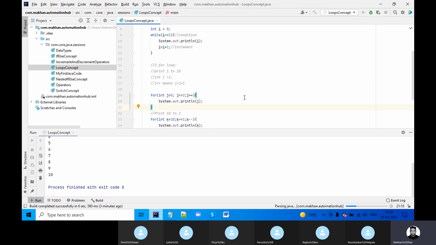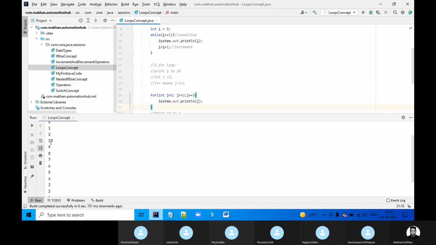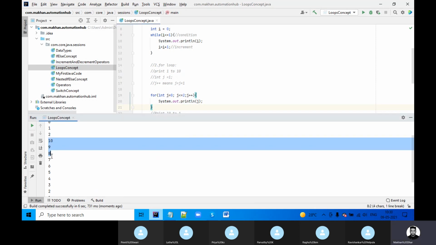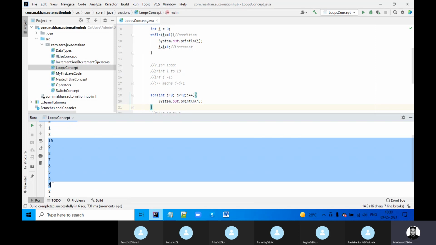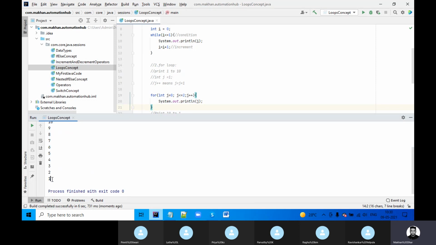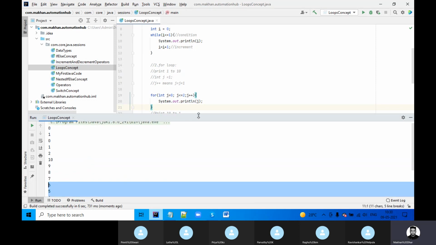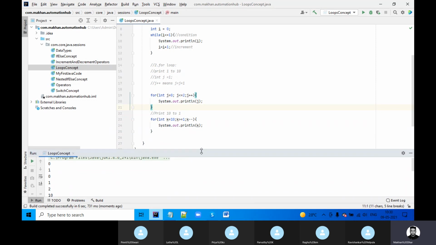So this is called reverse. Now you can see 10, 9, 8, 7, 6, 5. This is what is coming. You can do anything. Any question?